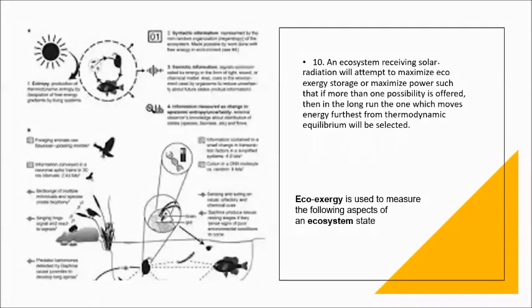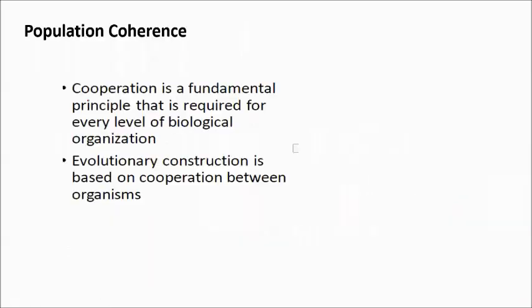an ecosystem receiving solar radiation will attempt to maximize eco-exergy storage or maximize power, such that if more than one possibility is offered, then in the long run, the one which moves energy farthest from thermodynamic equilibrium will be selected. Okay? So, not clear ang ating figure. Anyway, yan ang number 10. Okay. So next we have to